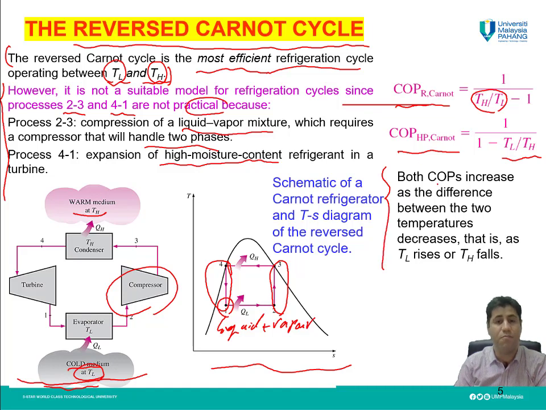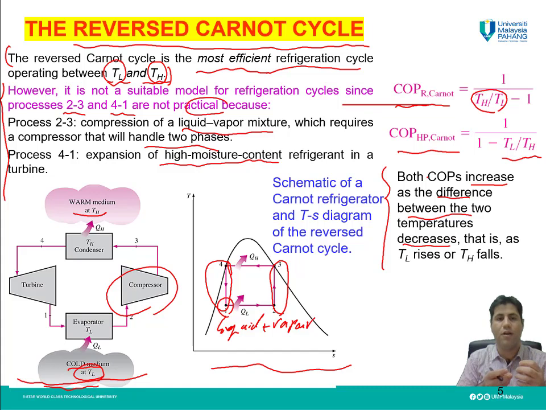And as you notice here, both COPs, for the refrigerator or for the heat pump, will increase as the difference between the two temperatures, TL and TH, decreases. In other words, the lower the difference between the temperatures of the warm medium and the cool medium, the higher the coefficient of performance. I think common sense also approves this, because if the difference between the temperature of the cooler medium and the warmer medium is not too much, it needs lower energy to transfer